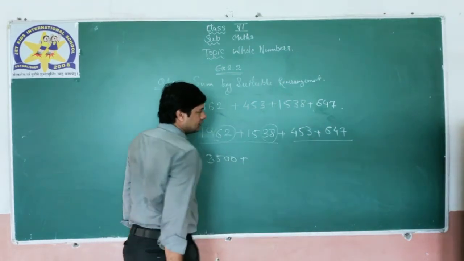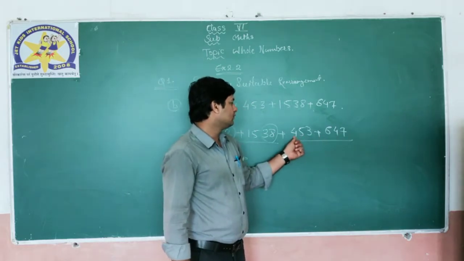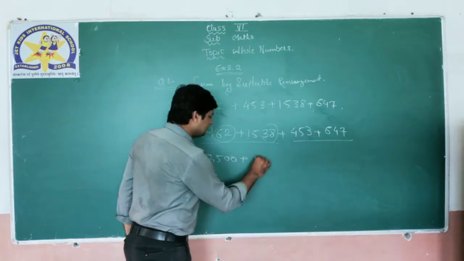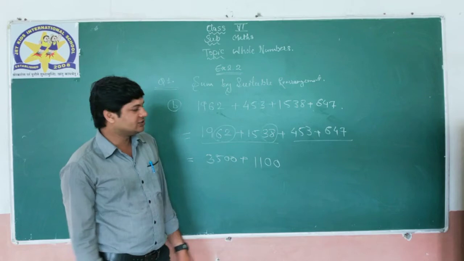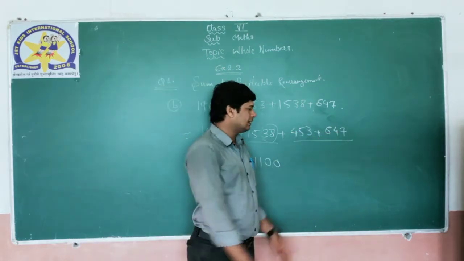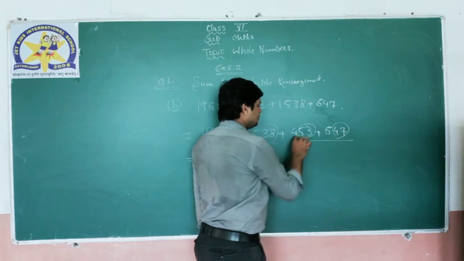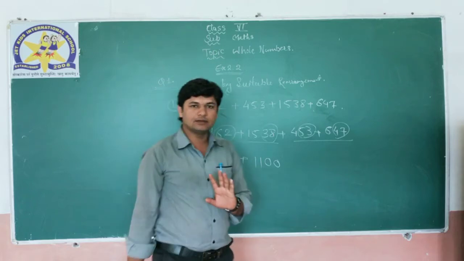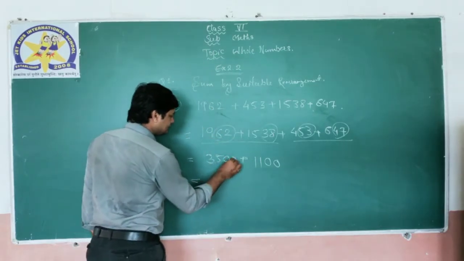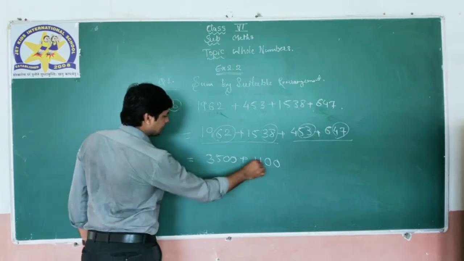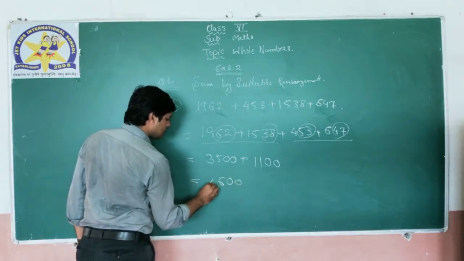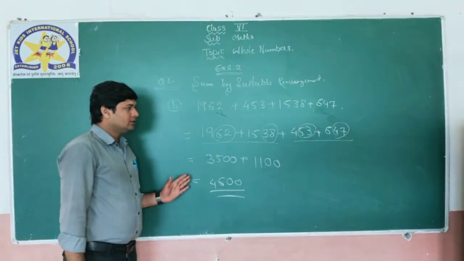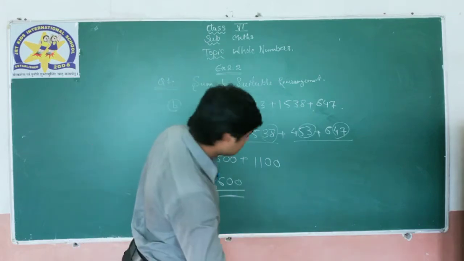Next, this thing: 53 and 47 is 100, 400 and 600 is 1000. 1000 plus 100 is 1100. I hope you understand how I am doing these calculations. 53 plus 47 is 100. These two, 400 and 600, make 1000, and this 100. 1000 plus 100, 1100. Clear? So add it. Add this thing. How much? 4600. Is it clear to all of you? Write down this and hope this is clear.